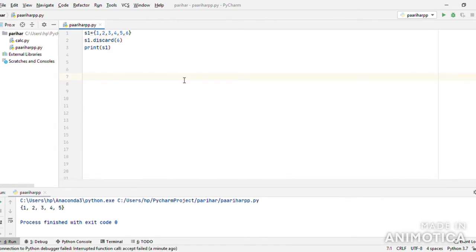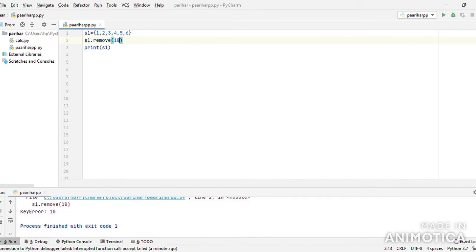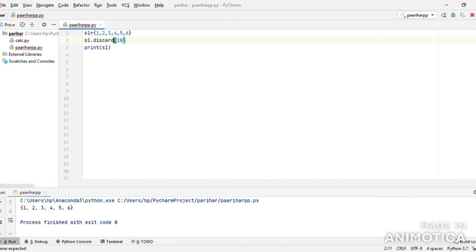So now if I want to remove value 10 from S1 which is not there in the set, I will write here remove, and I want to remove 10. So if I run this, we will see that we got an error. But if I use discard here, it won't throw an error if a value doesn't exist.